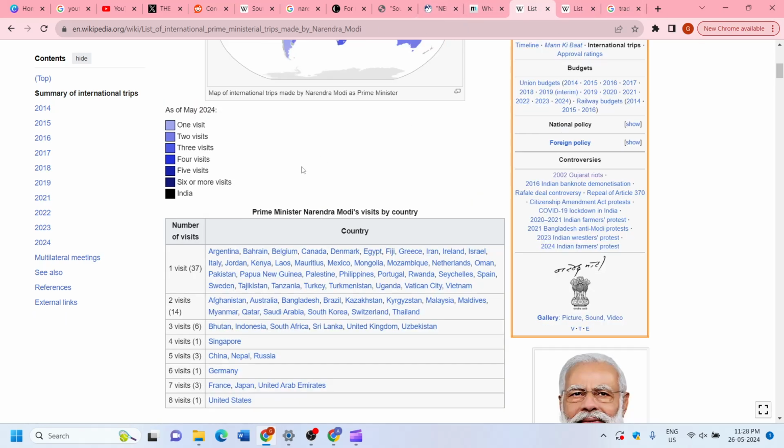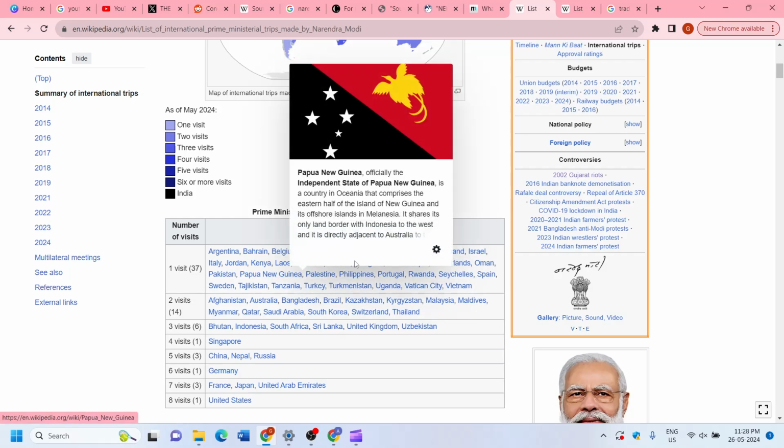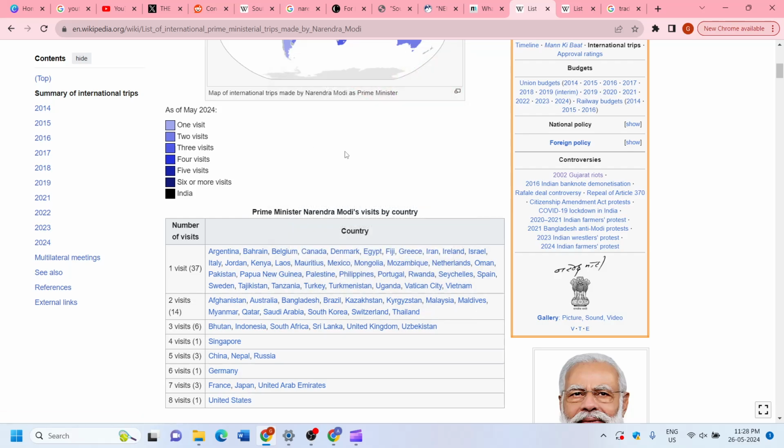And Narendra Modi didn't make only one visit to any South Asian country, but made two visits to Afghanistan, Bangladesh, and three visits to Bhutan and Sri Lanka, and five visits to Nepal. So this shows that he visited South Asian countries much more often than Manmohan Singh,